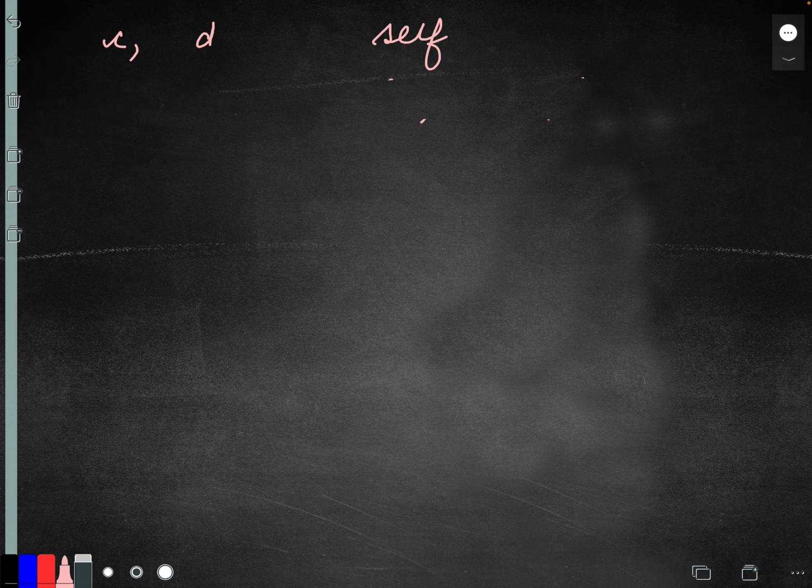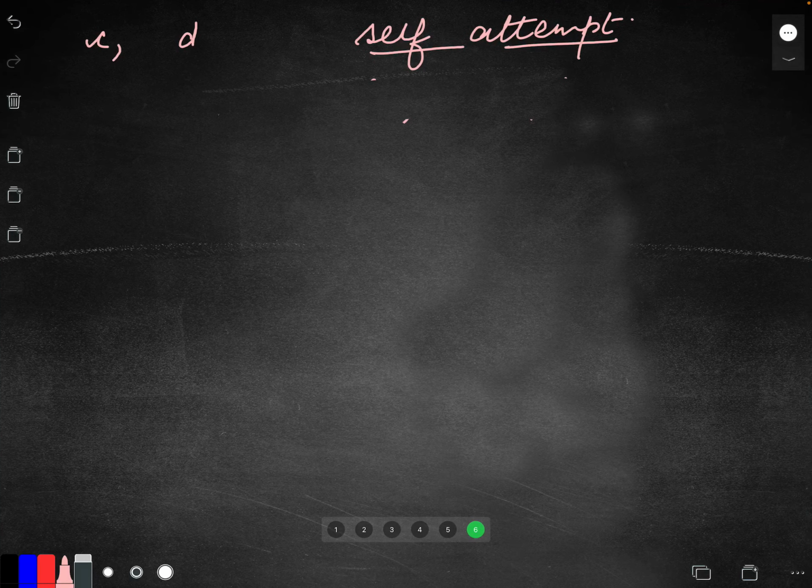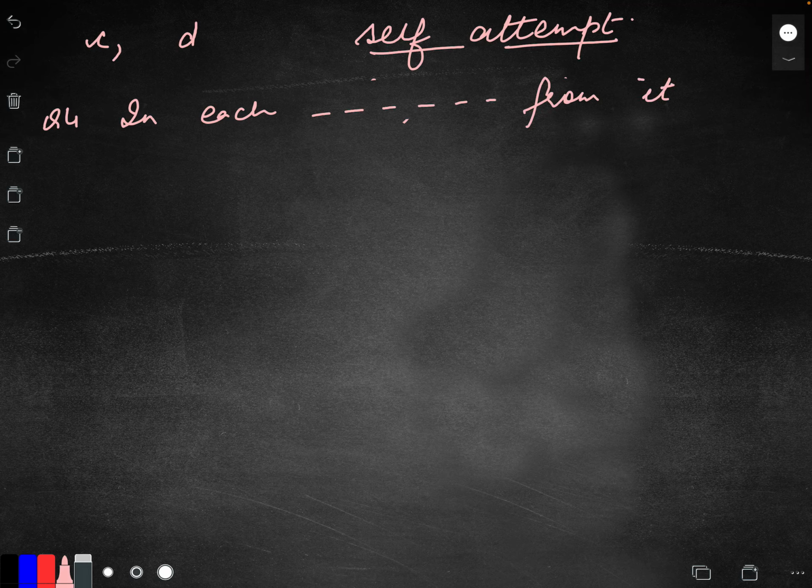Right? After you complete your classwork, you are going to write the self-attempt questions heading and perform these questions. After leaving a line, write question number 4 in a dash form like this. Correct? Now the question says write the bigger number on the top, the smaller number below it, and subtract. Numbers given are